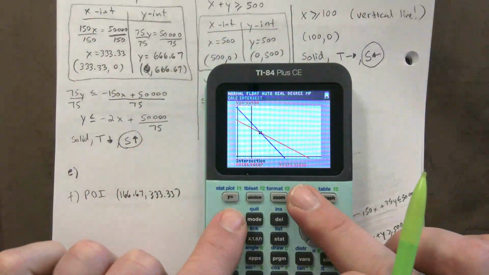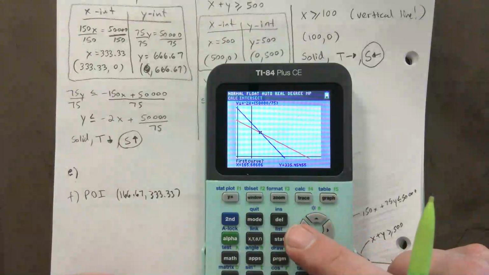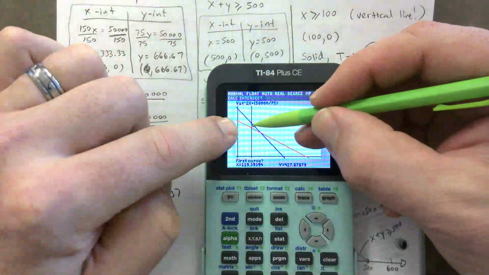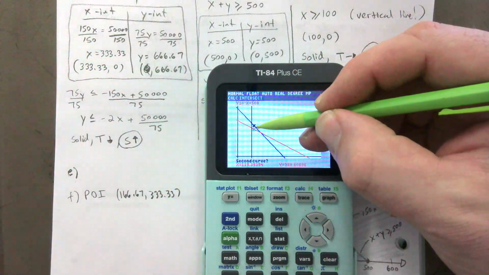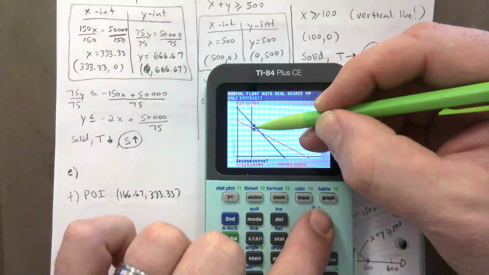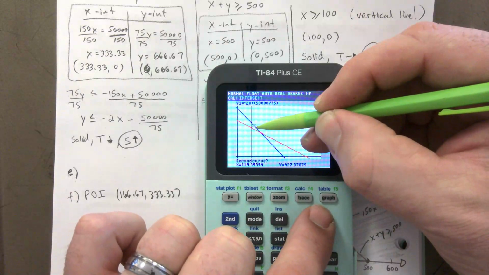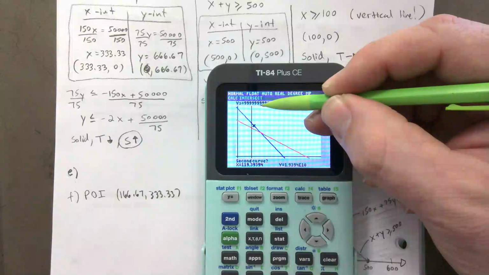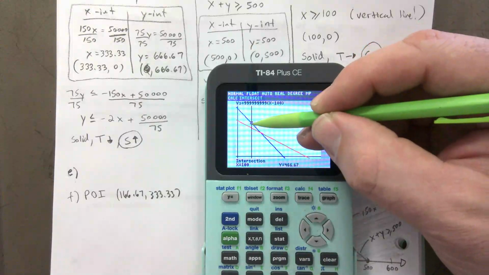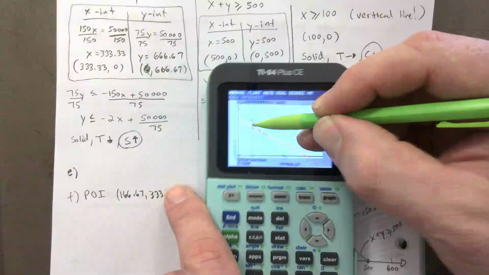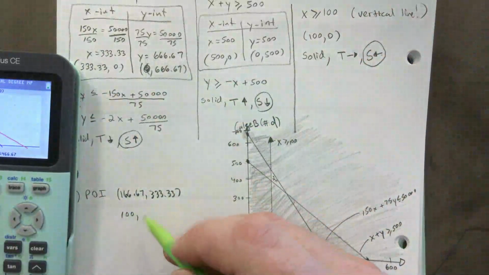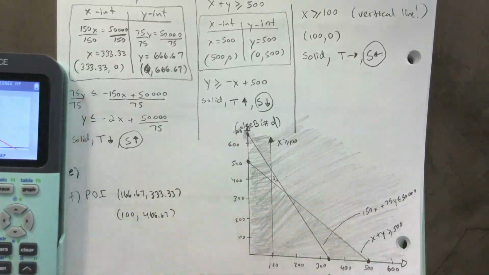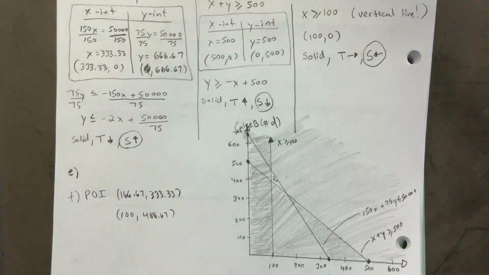Let's find another one. Second trace 5, one more time. I'm on the blue line, I'm traveling, and I'm now going to focus on this one. So I hit enter on the blue. It jumps to the red. You want to jump to the black line. So I'm going to arrow up until everything turns black. Then hit enter, enter again. It's going to find that one. That one is 466.67. And if you're not getting it right now, part of your homework is to try to figure out these